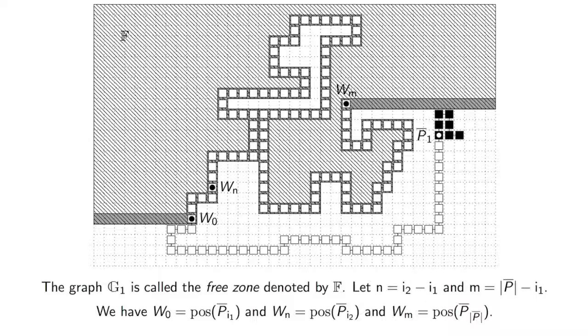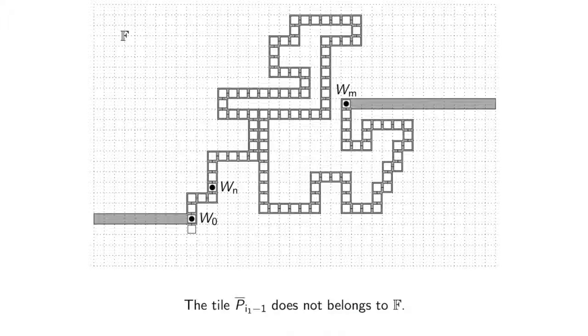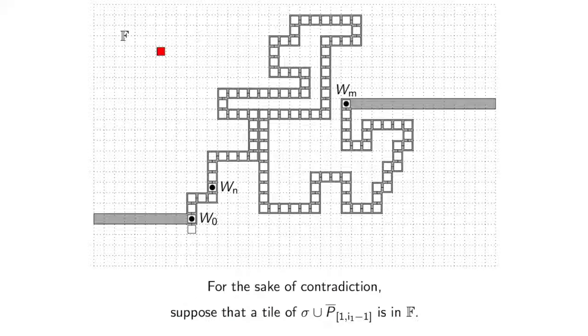Also remark that the position W0 is occupied by the tile Pi1, the position Wn is occupied by the tile Pi2, and the position Wm is occupied by the last tile of the path assembly P. We remind that the tile Pi1 is visible from the west and directed to the north. Then by our local reasoning, it is possible to prove that the tile Pi1-1 does not belong to the free zone. For the sake of contradiction,